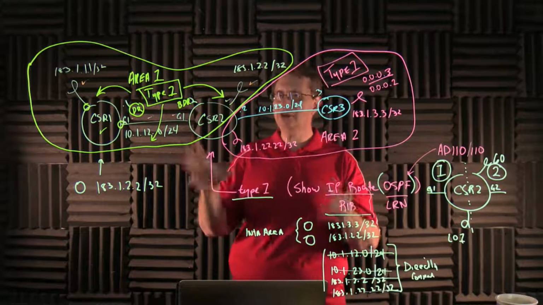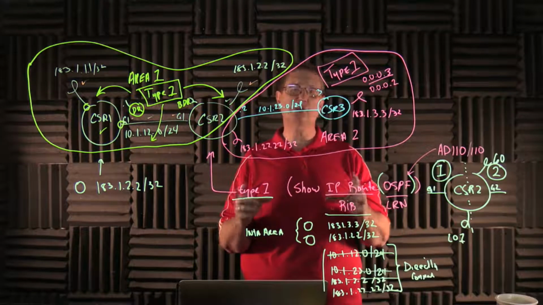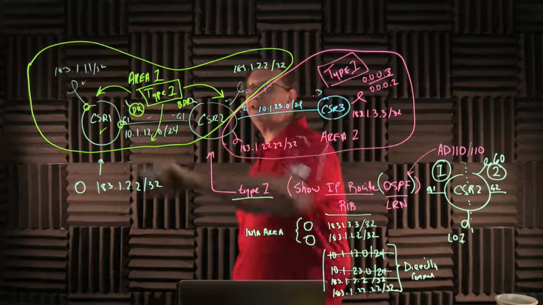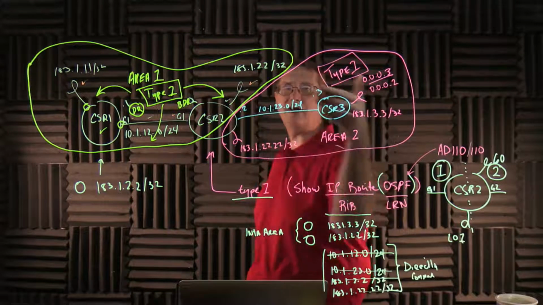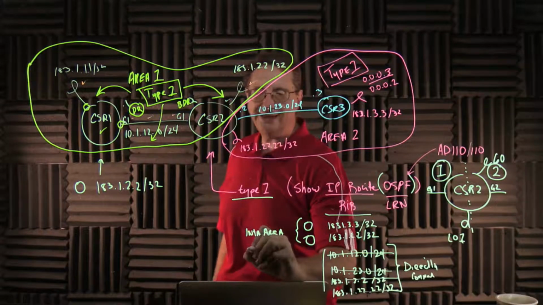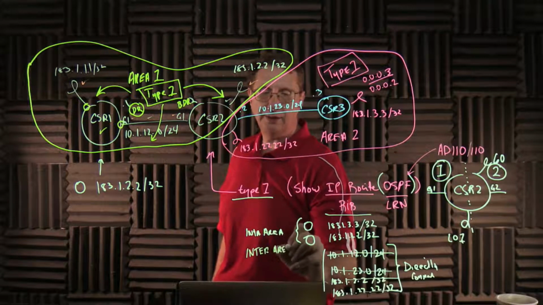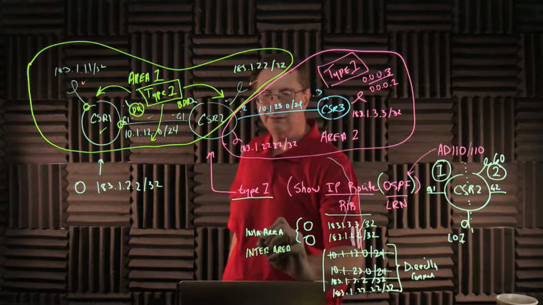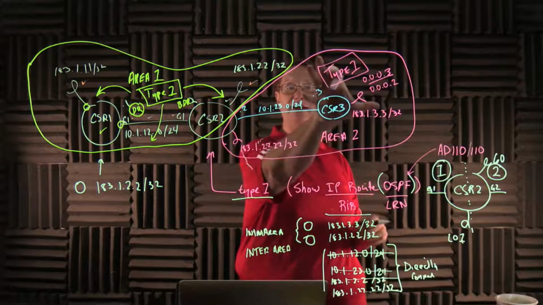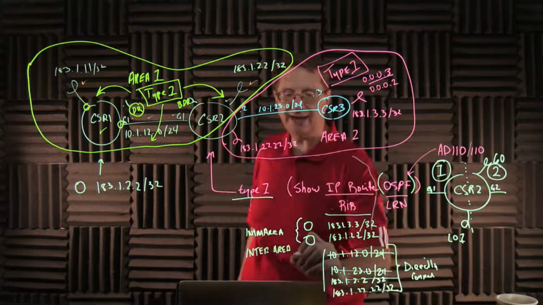Now I promise we're going to roll back to type 2 LSAs, DRs and BDRs, but what I want to do is I want to cover everything that's going to allow me to be able to generate prefixes. Because if we look at CSR3 or at CSR1, any prefixes that I learned from another area is not an intra-area route. It's going to be a new type of route called an inter-area route. So when we look at what's happening here, an intra-area route is a route inside my area. These prefixes are out of my area. So if I need to learn about them, I'm going to actually denote them in my database as what we call